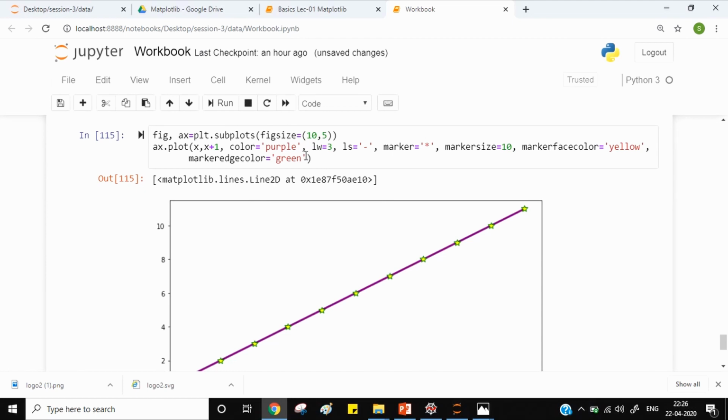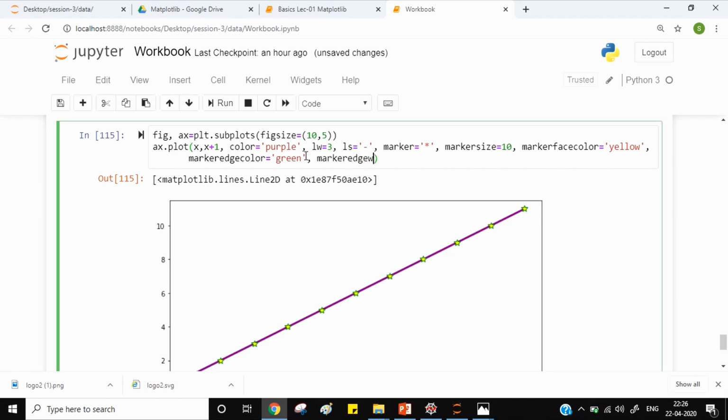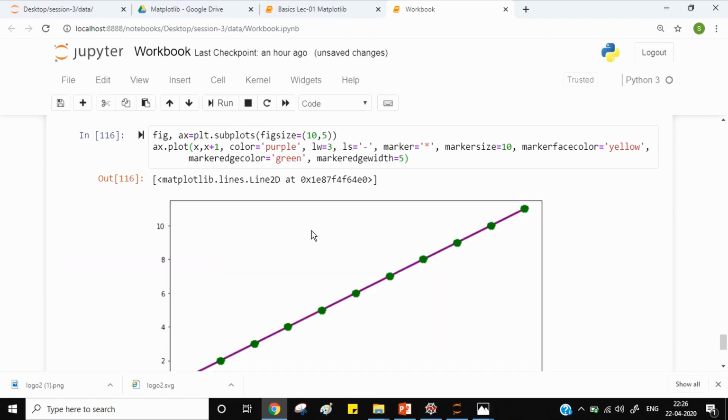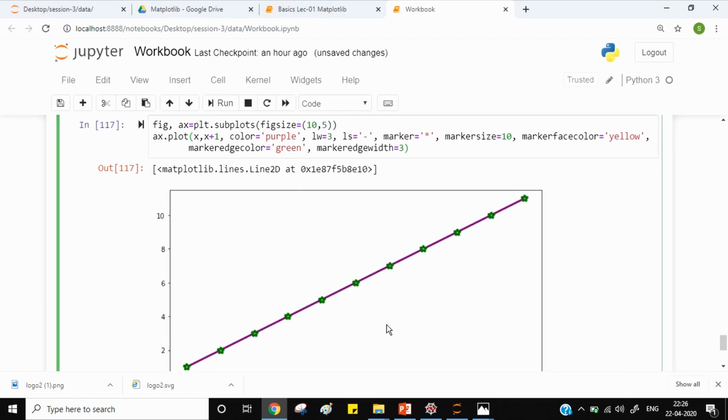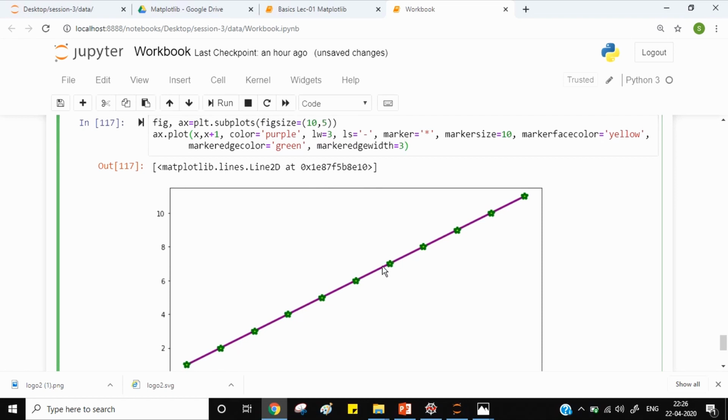Again, if you want to change the width of those boundaries, then use marker edge width and change it to some other number. Okay, so this is a much higher number. Even this is high. So you can see at increasing values, the thickness of the boundary of the marker also increases.